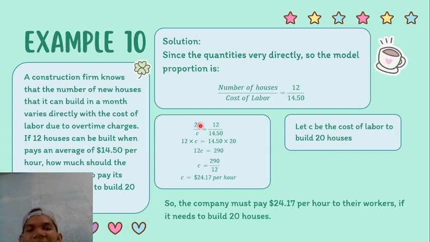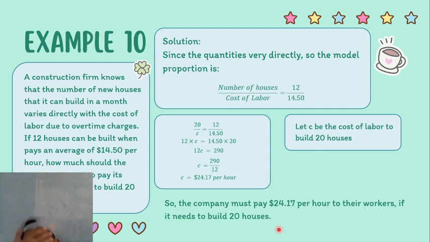So we get 20 over C equals 12 over 14.50. Cross multiplying, we get 12C equals 290, so C is 24.17. So the company must pay $24.17 per hour to its workers